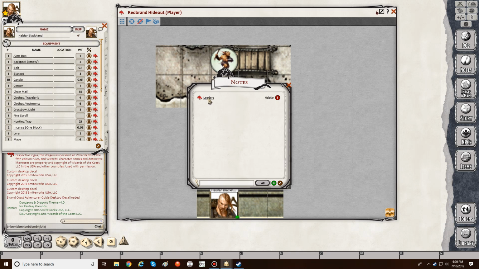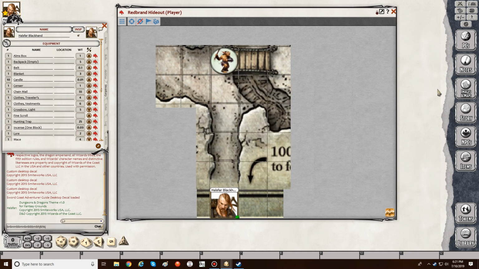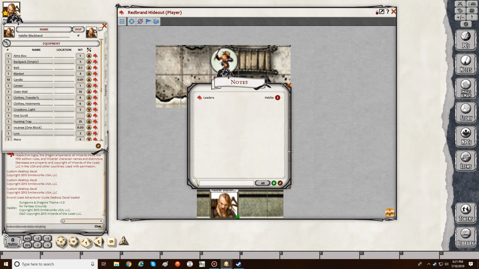So as players, you can keep track. You can keep notes on your campaigns, important events, important people. This goes with all of Fantasy Grounds windows. You click on the Notes tab. If you want a new